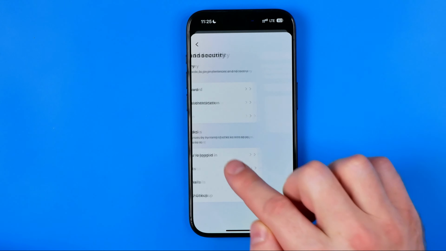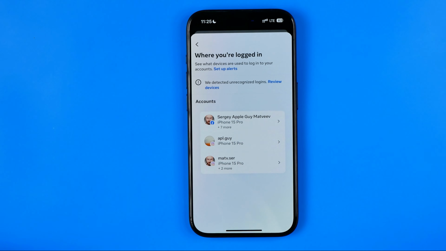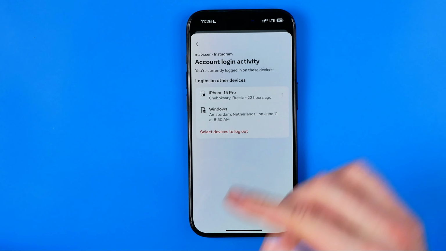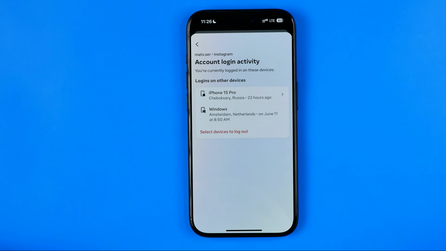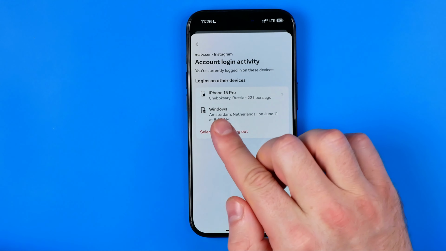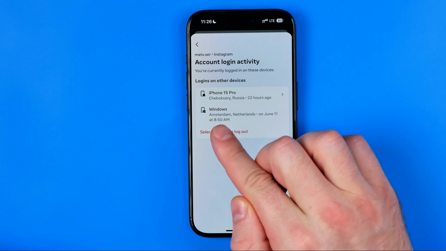If you tap on that option, you will be taken to the page where first off you need to select your Instagram account, and after that it will show you your account login activities. So here in this list you can check all the devices where your Instagram account is currently logged in. Here I have iPhone 15 Pro, which is my current device, and also I have logged in with my Instagram account